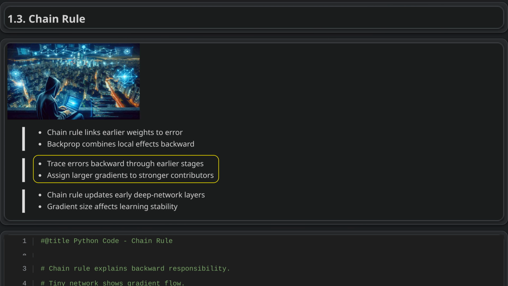Backpropagation uses the chain rule to trace an output error back through a neural network. The loss shows how far the final result is from the target, while gradients indicate how much each earlier weight contributed to that error. The chain rule keeps these responsibility signals accurate, so the network can adjust each weight according